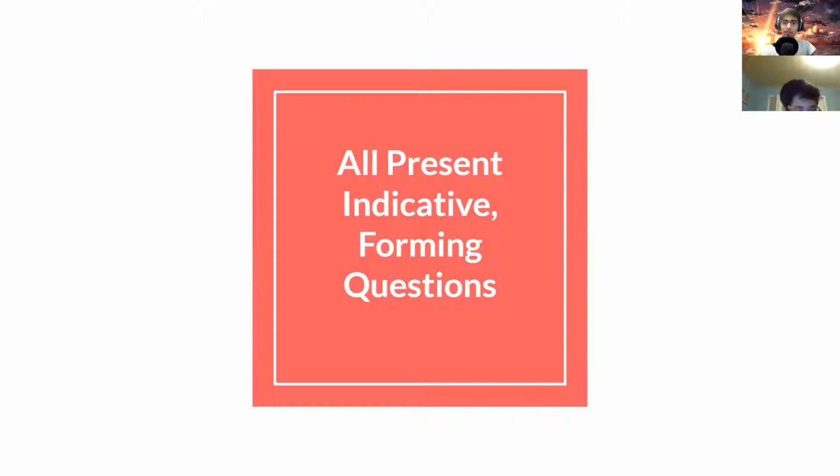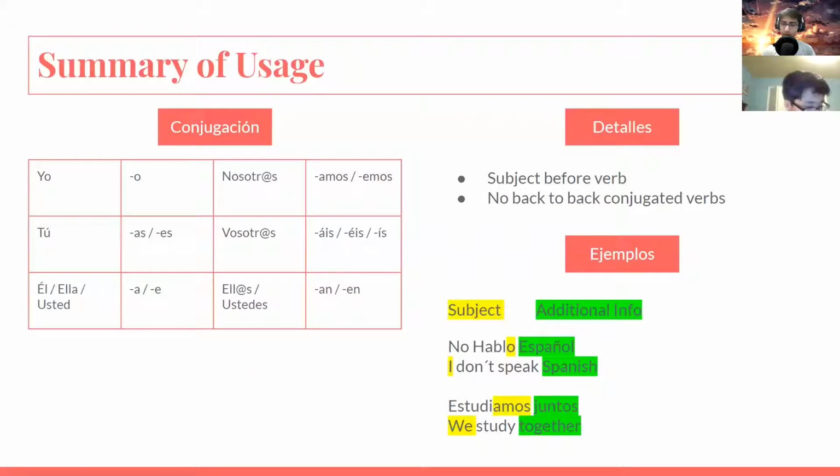Now, the present indicative is one of the first tenses that we ever learned, and it is the most simple as well. It basically in English is something like I run or I talk. Anything that is happening in the present tense. Now, the conjugation for